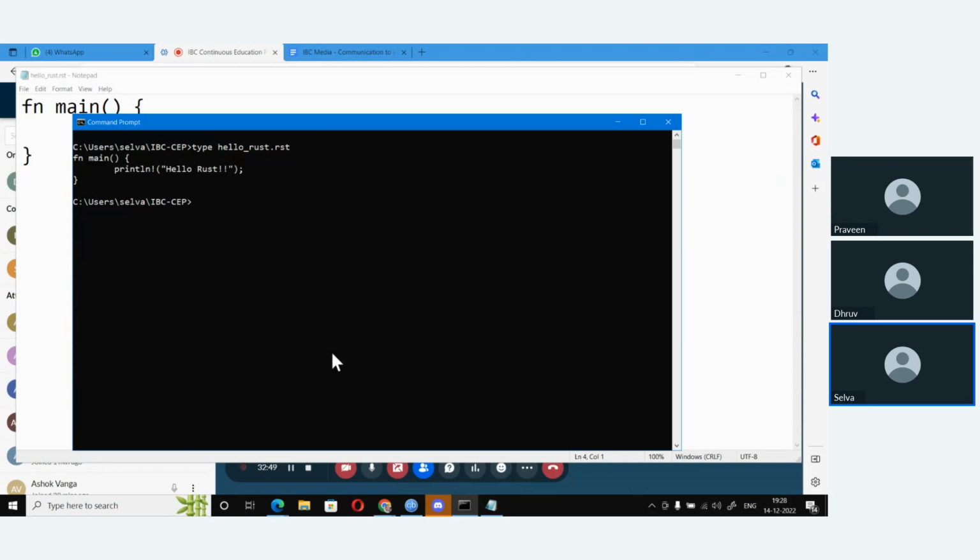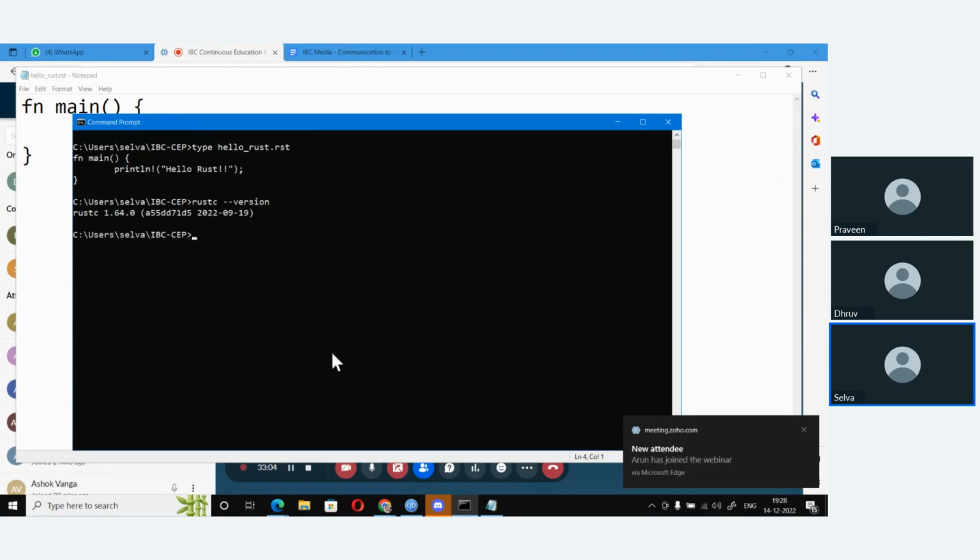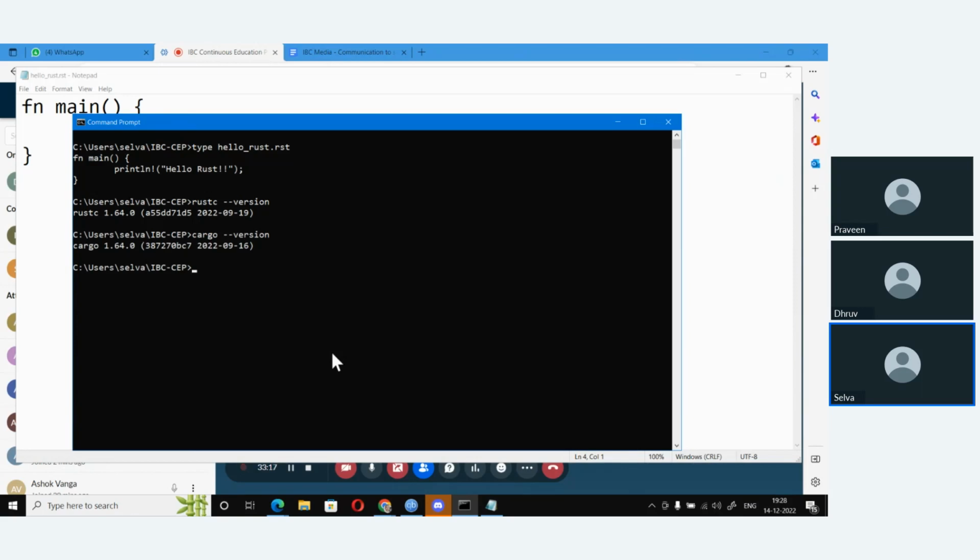You have rustc. So rustc --version will give you the version of your Rust compiler, 1.64. And as a project build tool, we have something called cargo. cargo --version will give you the cargo version. Okay, cool. This is the latest one.